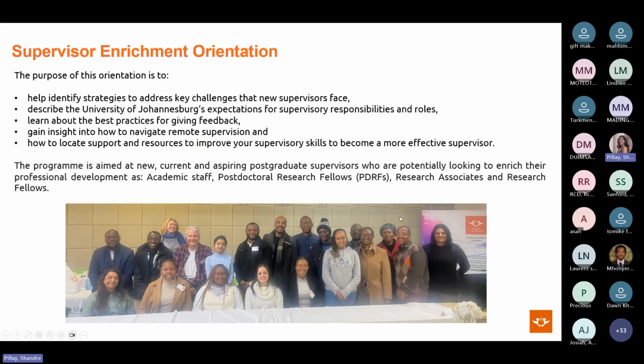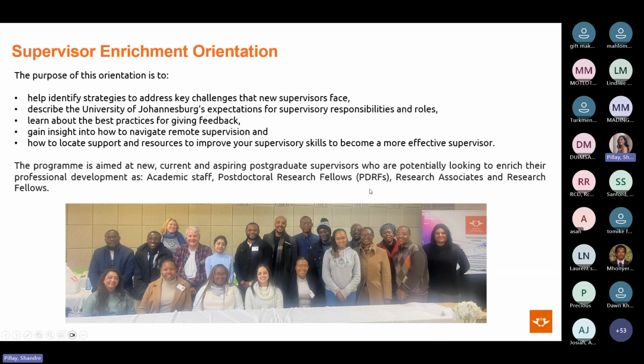And then we have the supervisor enrichment orientation, which is now separate from the postgraduates. It's usually focused on entry-level supervisors, starting off at PDRFs, or it can be for those academics who would like a refresher. This will be on the 9th of July this year.